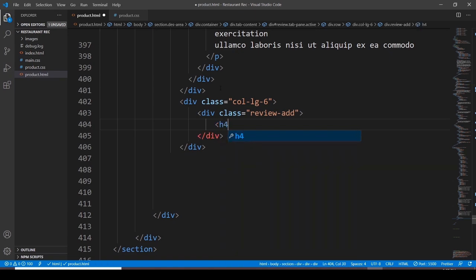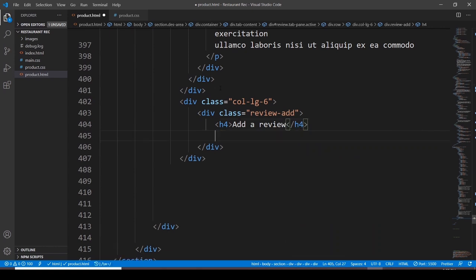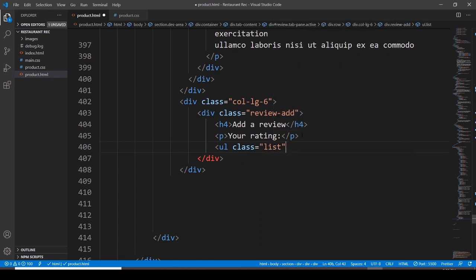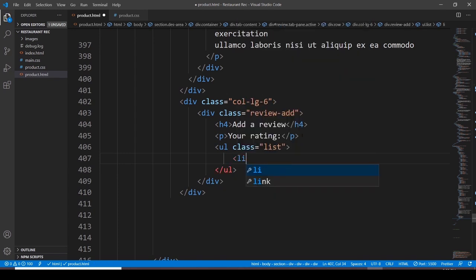Let's have a heading 4, add a review, and a P element, which is saying your rating, and then you have to go with unordered list, assigning it a class. This class is going to be list, and again a list item,